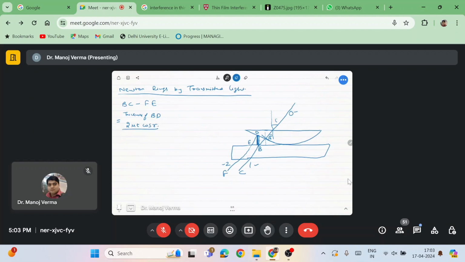The thickness of this particular air column will define the path difference between BC and EF, and that will be equal to 2 mu T cos r, where T is the thickness of the air column, mu is the refractive index of air. इस एरिया में जितना भी एयर है उस सबका थिकनेस है ये,